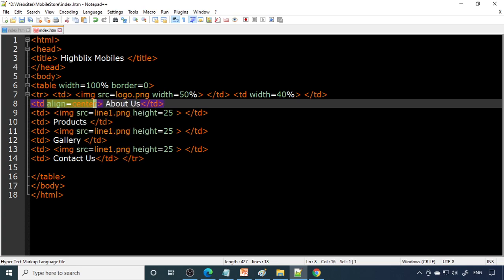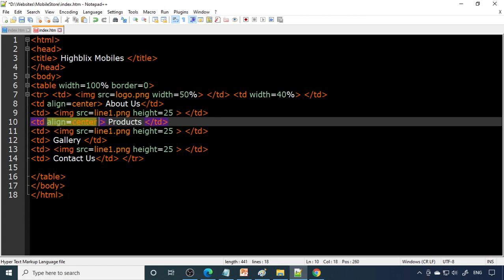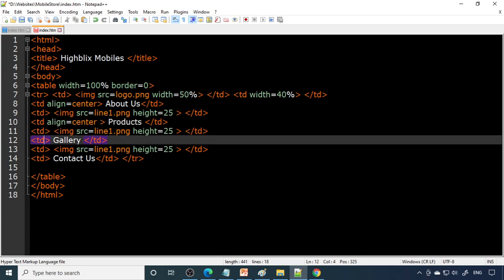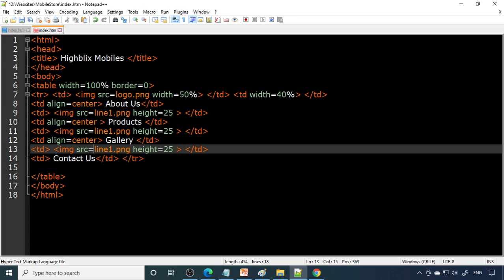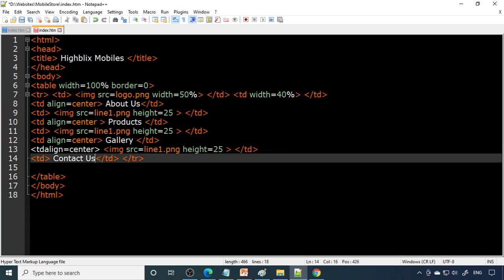Whatever the text is there, you need to align to center. Therefore, the text is at center and the line will also be in the center. So now we have a line at the center. About us, products, gallery, contact us.